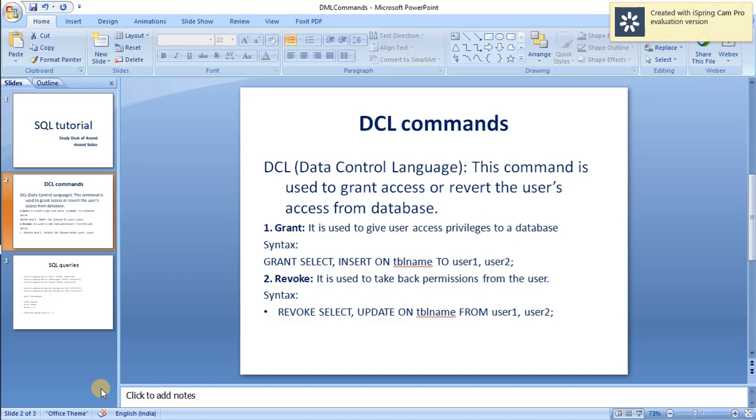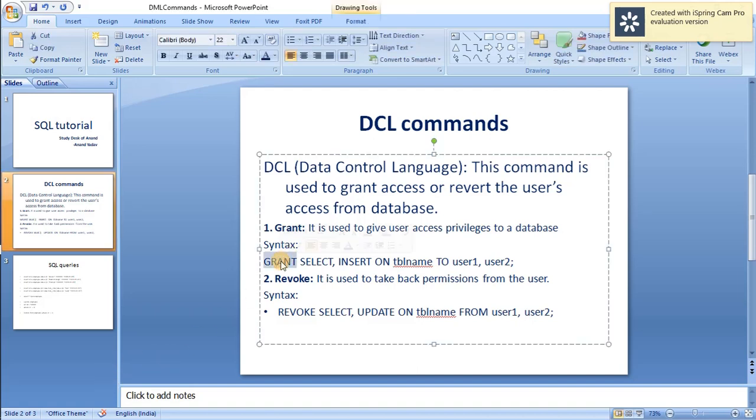And the syntax is very simple. You can see that the keyword grant is used, followed by the types of permission that we want to give to a user. Here we are giving select and insert. It means the user can only fire the select query, and he can add some information.